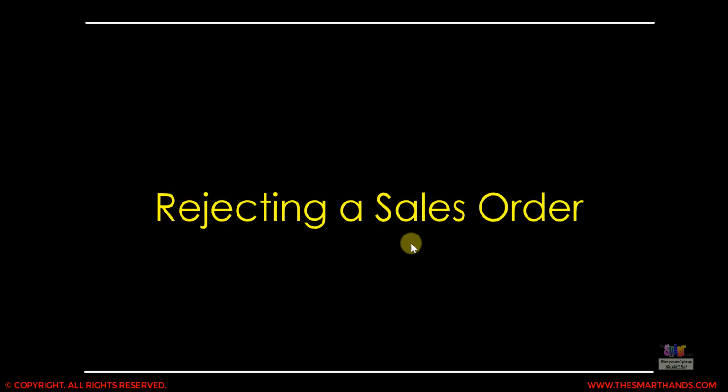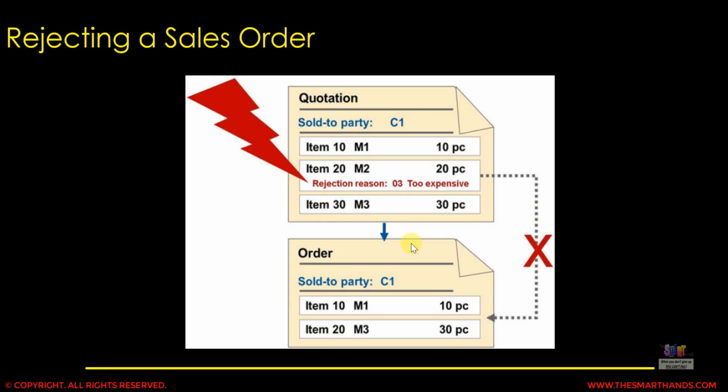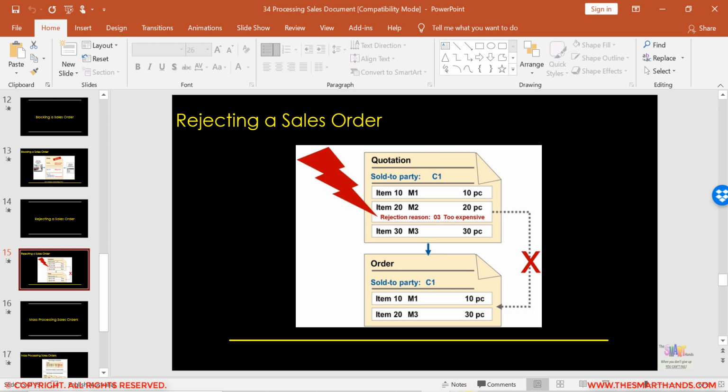Rejecting a sales order. Sometimes what happens is, for some reason we created the order, but the customer just called and said that for XYZ reason, they don't want to purchase this specific item. So you can reject one item, and that will be ignored by the system, and the system will not be able to deliver it or bill it. There can be some other reason. For example, we created a sales order, then we realized that the item is obsolete in our company, we're no longer selling the item. So there can be different reasons where you need to reject an item.